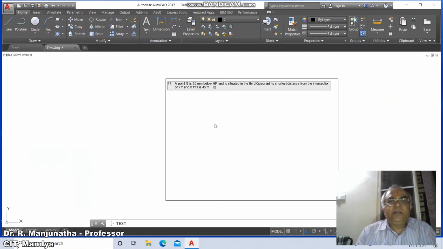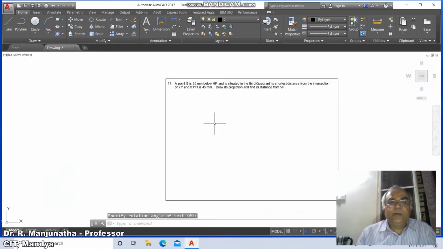Draw its projections and find its distance from the vertical plane. So to do that, now we'll go for the layer command.